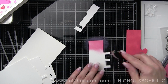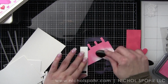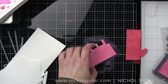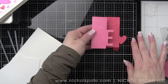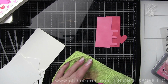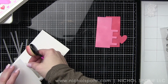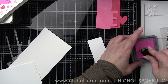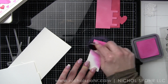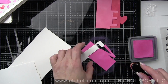And then we will even splatter some of that white picket fence paint over the top as well to really give them a little bit more texture, almost like each piece is a pattern paper, maybe in a collection. You know how you often get your paper pack and it has several colors and they all have the same pattern, they're just in a different color. That's kind of what I was going for here, and just to show how the oxides can be flat like the hearts on the first card, or they can be distressed like the Love on a Line pieces